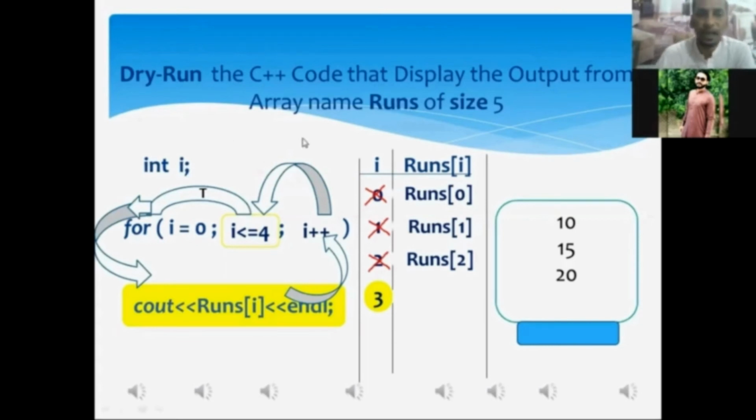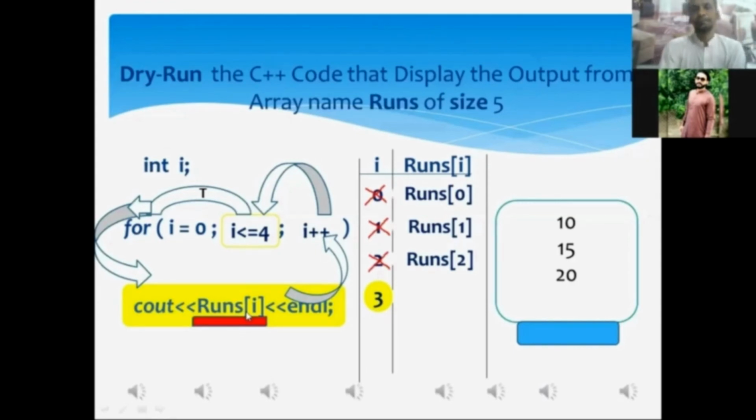Mr. Aftab, after the execution of the cout statement, my dear, whatever data value has been stored in the current memory location of the array must be displayed onto the monitor screen. Okay, my dear Aftab, what is the current value of i? 3, sir. Mr. Aftab, if you place the current value of i in the memory address we have specified in the cout statement, what will this address become?